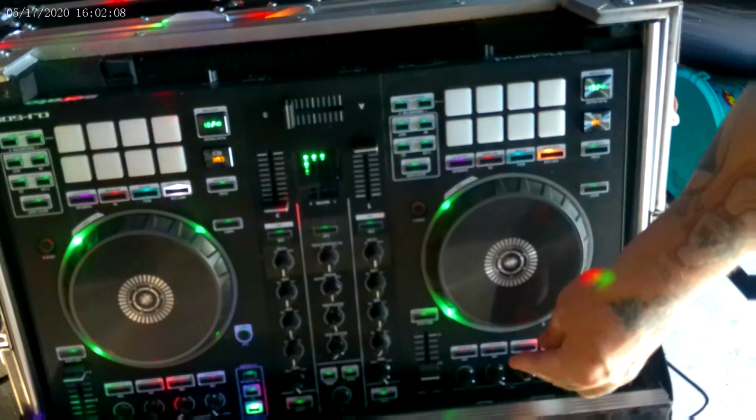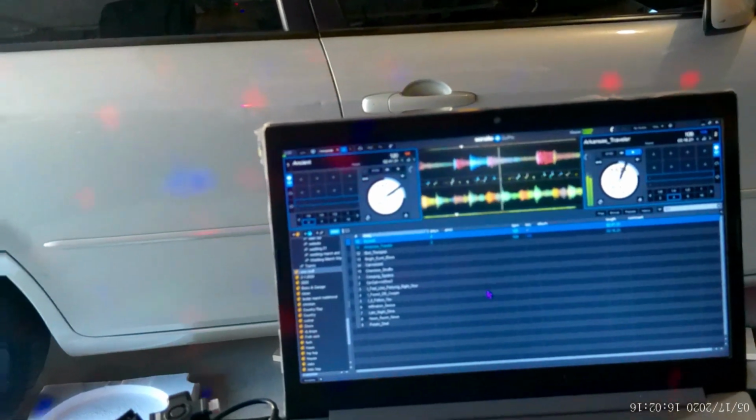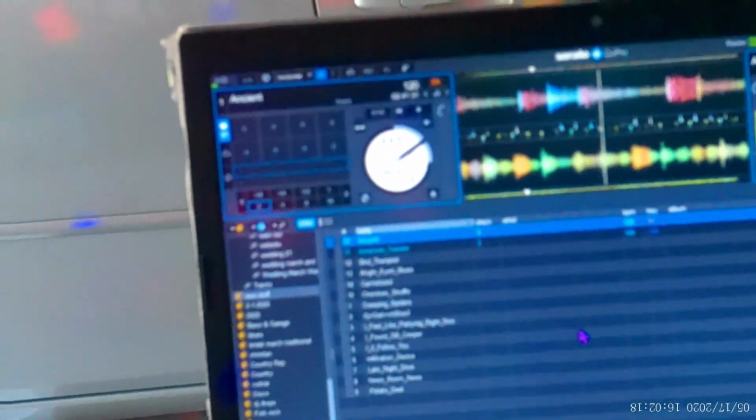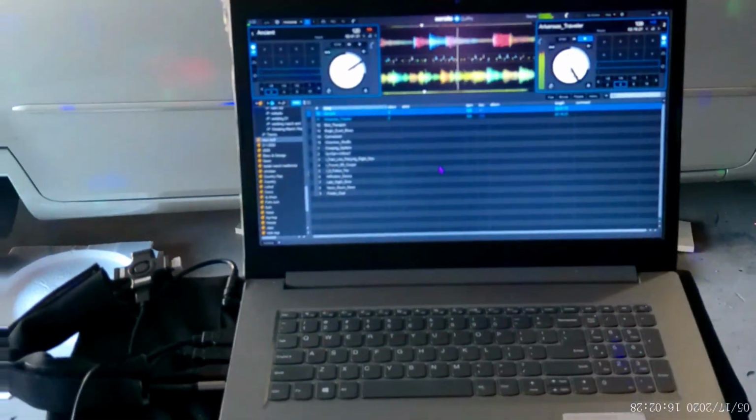Now, you want to make sure, and I'll show you this, you probably can't see it here. The numbers on the laptop say 117 to 117. So basically what you're going to want to do is set them at the right. Okay, so